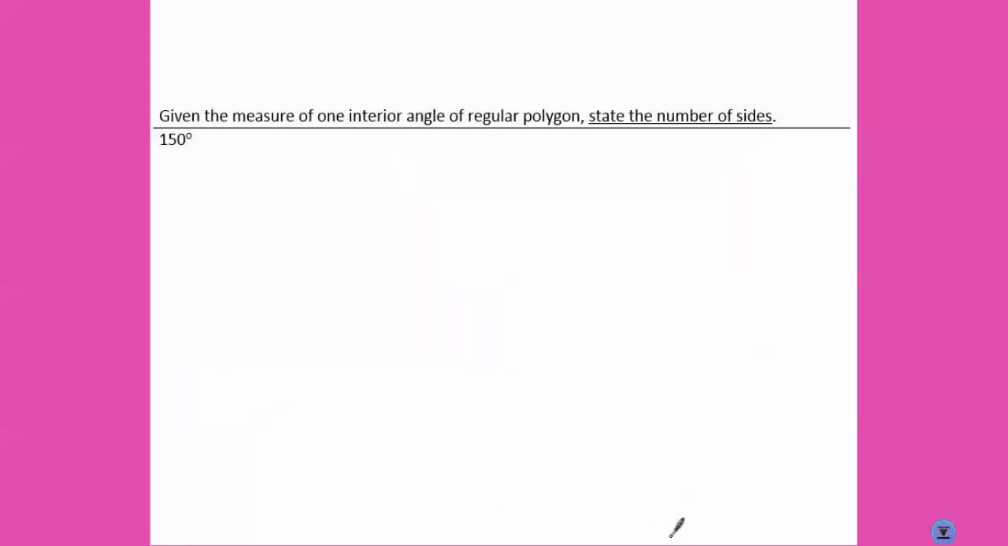And our last type of problem. Given the measure of one interior angle, state the number of sides. So again, it's easier if we use the fact that interior plus exterior is going to equal 180. So if this is our interior,